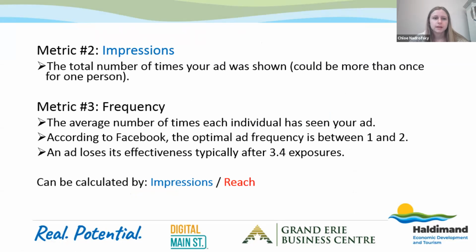The second metric is impressions. As mentioned before, this is the total number of times your ad was shown. So it could be more than once for one person. And that carries us over into frequency and how it's calculated. Frequency is the average number of times each individual has seen your ad. According to Facebook, the optimal ad frequency is between 1 to 2 exposures. They say that you don't want to really go over that 3.4 average exposures